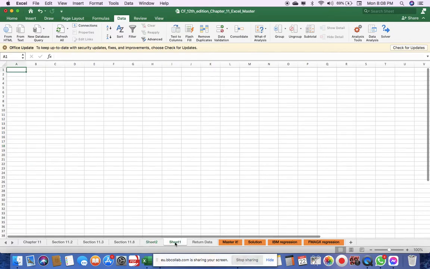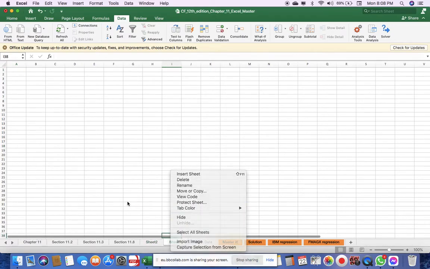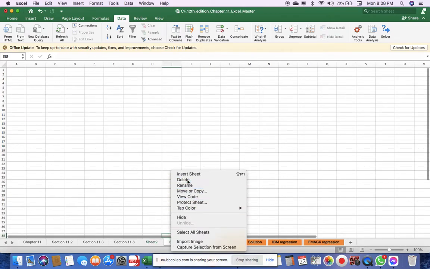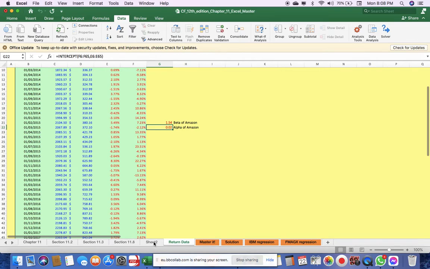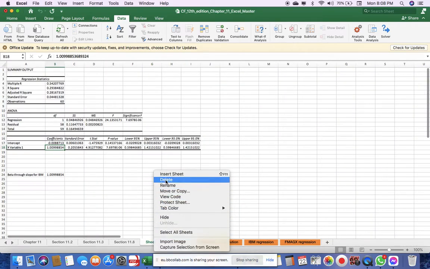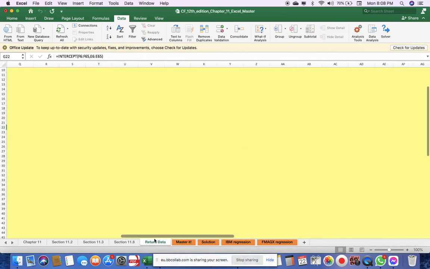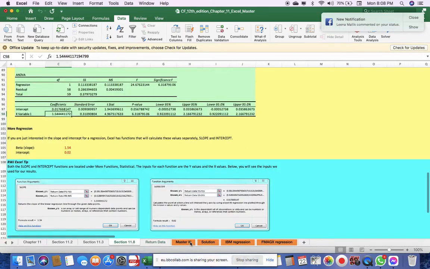And these are the extra lines. We can just delete them. Now we added, so let us delete them. Return data, and